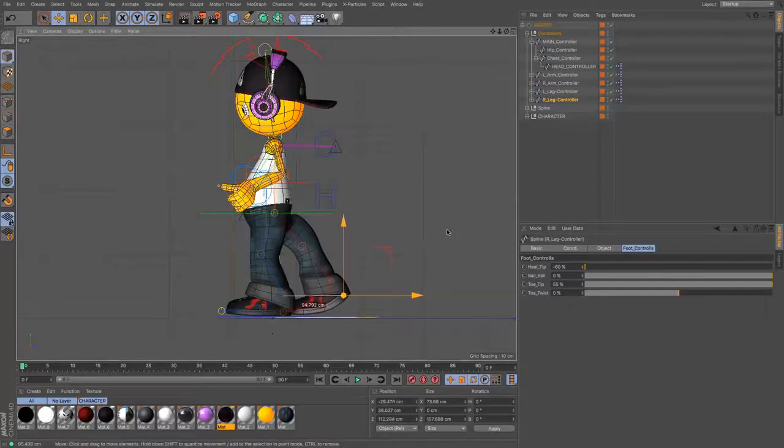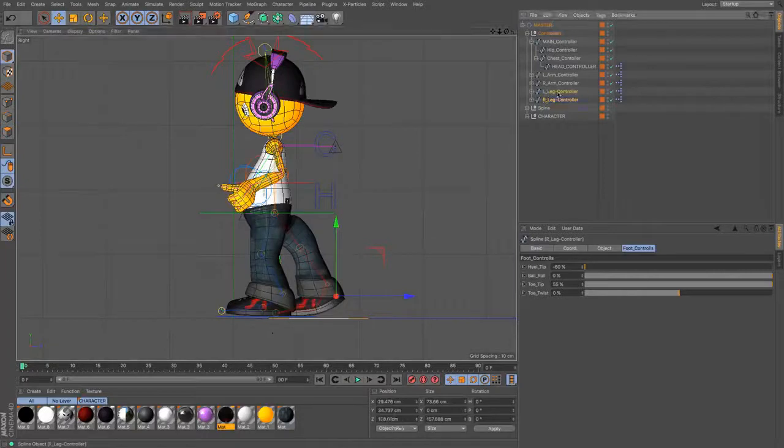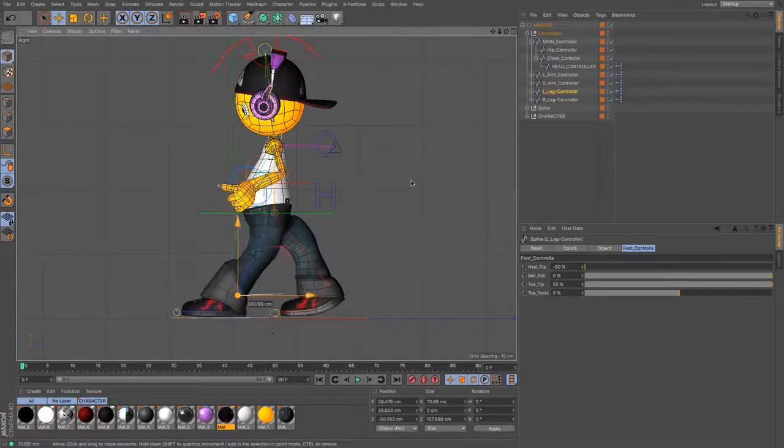Now, a lot of stuff to do with character animation won't look right until you have everything in place. Okay, you've got to make sure that everything is in place. You've got to avoid snapping and popping and things like that, but it's a really easy way of moving things around and then getting stuff right. Don't worry that your character doesn't look right to start